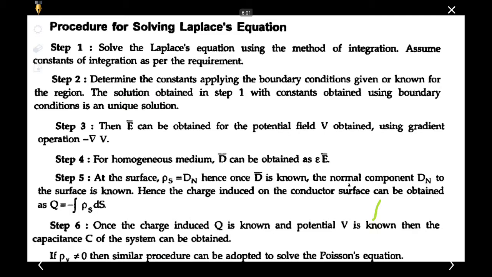Next, we have to find the capacitance by the formula C is equal to Q by V. Okay. Next, calculating the capacitance using the Laplace equation. So we will see about the concentric spherical sphere. The question may not be a direct question that says it's a concentric spherical sphere. Most of the questions using the Laplace equation will be in the form of